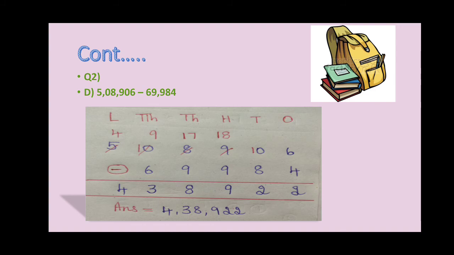Then move to the hundreds place. Hundreds place actually you have first 8 only. Okay, so when you are doing on your own, you will come to know 8 minus 9 you cannot do. So what we have to do? You have to borrow from thousands place. In thousands place 8 you have. Borrow from 8. 8 becomes 7. Here in the hundreds place 8 becomes 18.